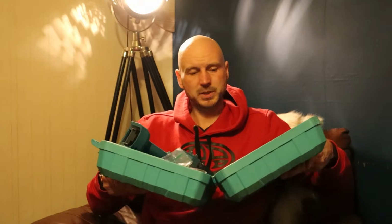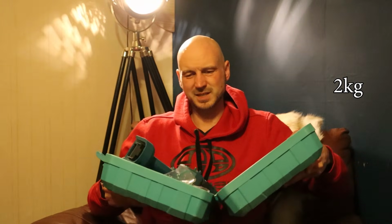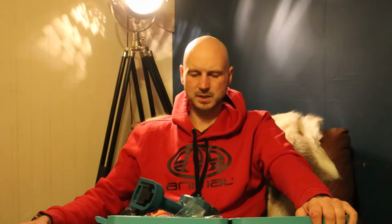So can I see this as being an option for camping? Definitely if you're not walking too far from the car. I'll put the weight on the screen. It doesn't feel heavy. It's a couple of kilos. Obviously you don't need to take things like the charger. It saves you so much time to take this,